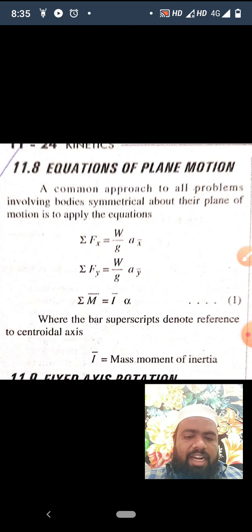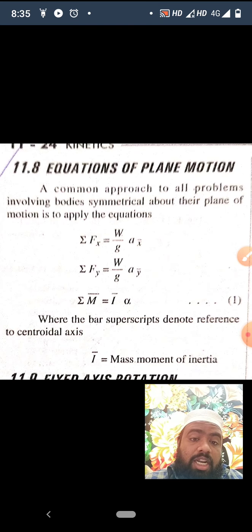This is just a small topic which I missed in the previous sessions. So nothing, you can refer to the textbooks also, it is very easy. Equation of plane motion. As we discussed, plane motion is nothing but the combination of a linear motion and rotary motion. So whenever you consider plane motion, you have to consider both the motions, linear and rotary. But there are particular equations. This question is very important for the 2 marks purpose.